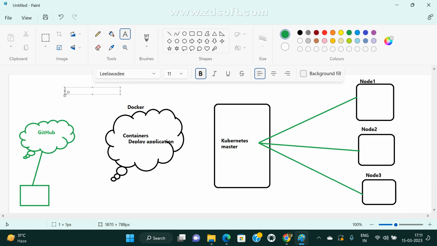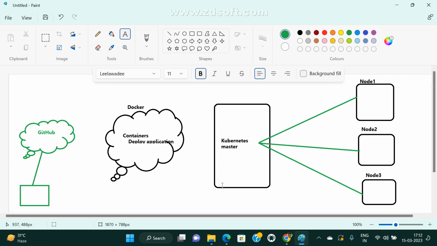Auto scaling is nothing but, based on a specific condition, whenever that condition is reached, I want to automatically create one more instance.